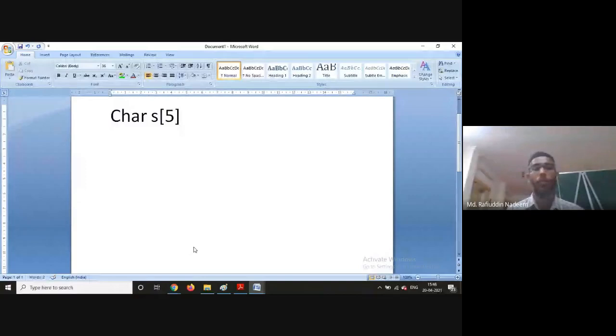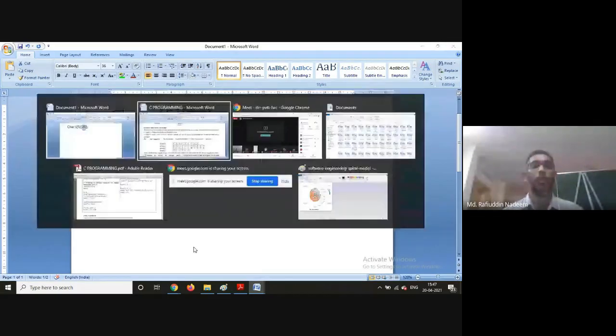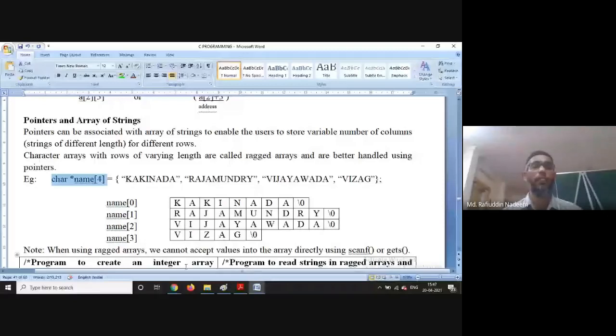Five names can be stored obviously, but because you are allocating 20 bytes for each name, some bytes may be used and some may not be used. So there is a wastage of memory. To avoid that, you can go for ragged arrays, where arrays of different sizes can be created.